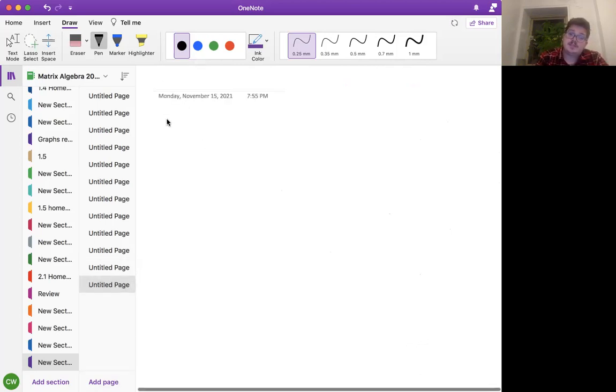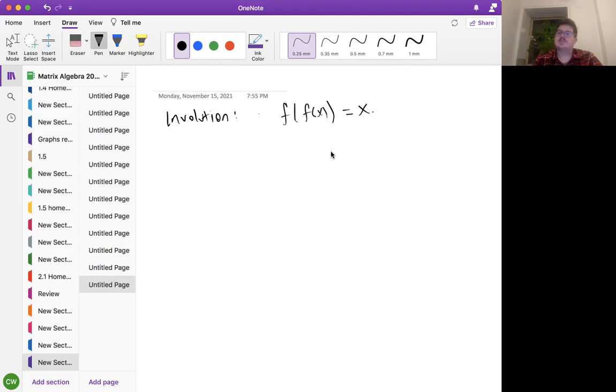Another example is involution. This came up in a homework. First of all, does anyone remember what involution meant? If not, it's sadness. Involutions are if you have f of f of x, it's equal to x. So functions that are their own inverse are involutions.